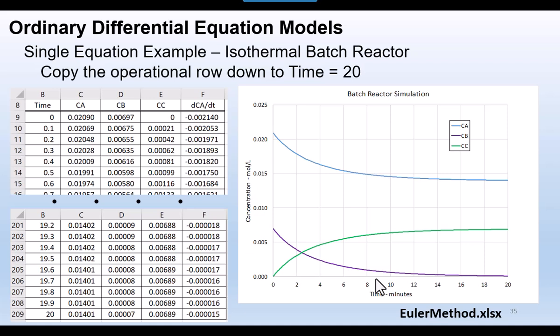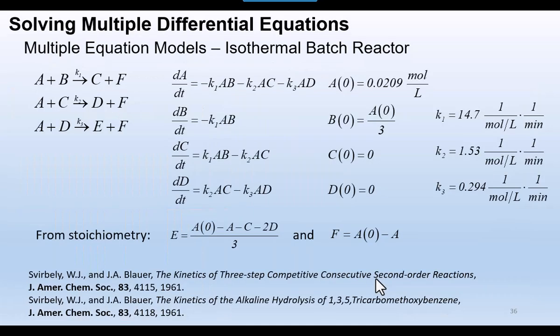So having seen that, we're going to go on and look at the big brother of that example, denoted here. This is a reaction system which is a real one, taken from the literature quite a number of years back, and the references are shown at the bottom of the slide. Now the names of the actual components, such as tricarbomethoxybenzene, are a bit long to use in our nomenclature, so we use A, B, C, D, E, F